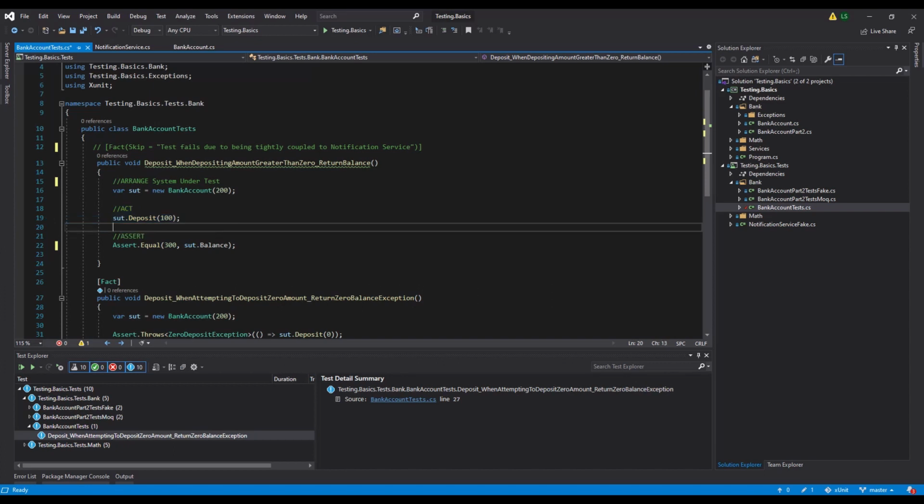If our system under test was a car, this would say SUT dot start or startup car or turn on car key, whatever the method might be named inside there. But in this case, because this is an ATM or bank related type of thing, we're saying SUT dot deposit, okay? We're depositing